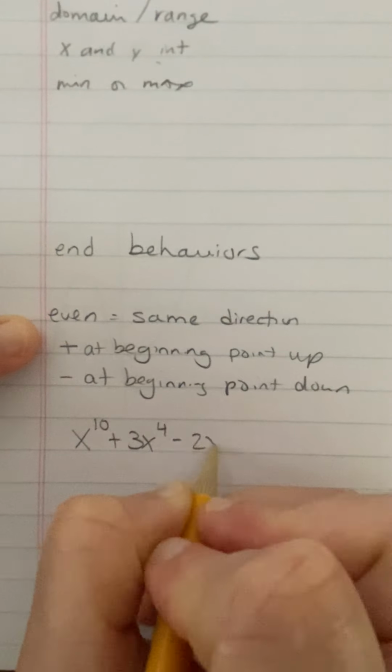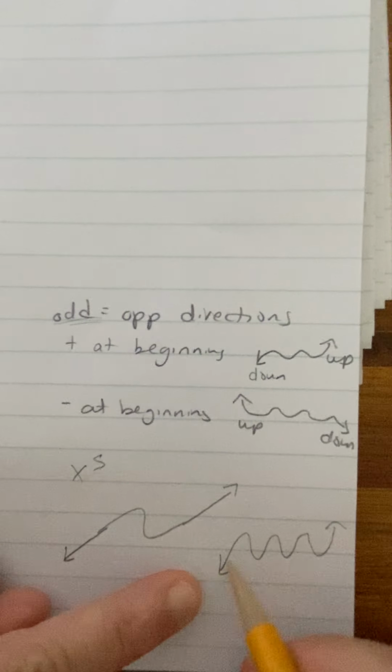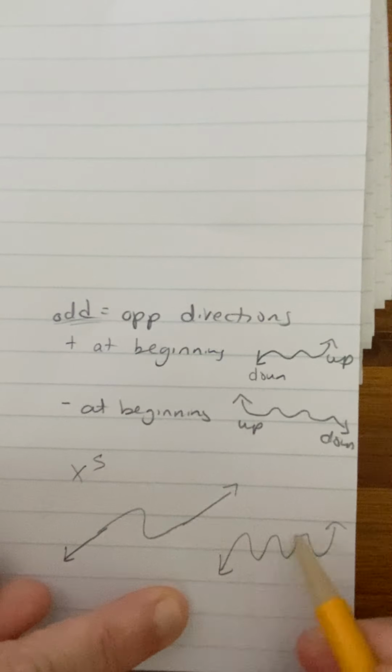Well, if we think about it for a second, if it's odd, like let's say it's to the 5th degree or something, we would know that it's starting off going down, it's going to end up going up, and then it might have something in between. But I know that it's going to be just like a linear function where it starts off going down on this side and ends up going up. If the first guy is negative, then that would be flip-flopped. It would start high and then go low. Okay,